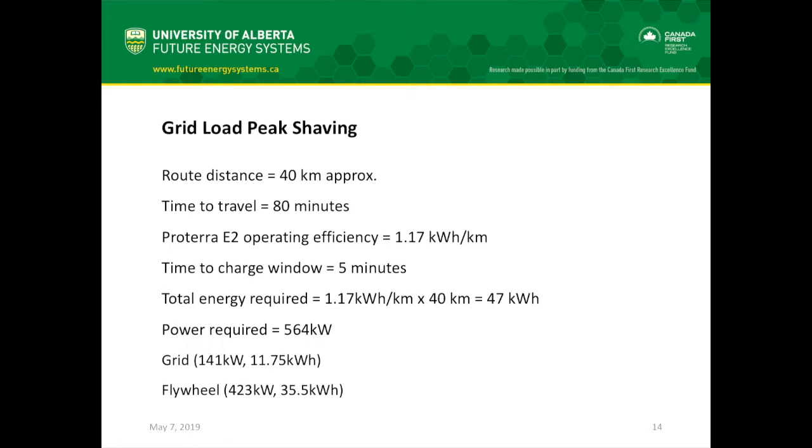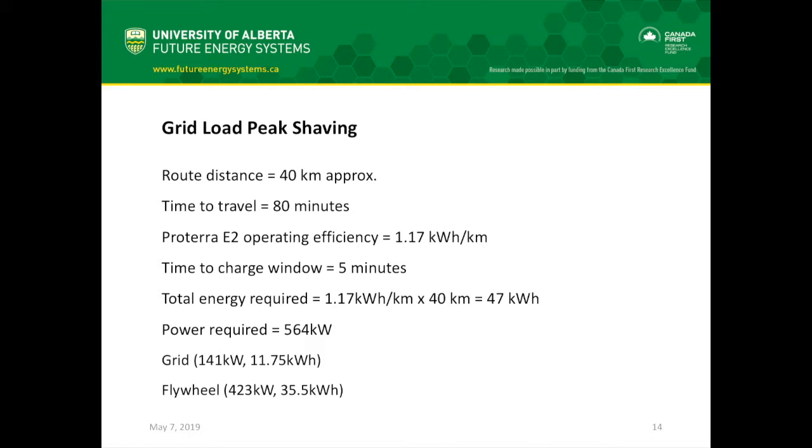So what we can do in this case: the total energy required in the 5 minutes time span, if it has to run 40 kilometers, would be 47 kilowatt hour. So how do we get 47 kilowatt hour in 5 minutes? The total power that would be required would be 564 kilowatt, but we cannot put that much load on the grid, right? So what we can do is employ a flywheel of 423 kilowatt hour and take